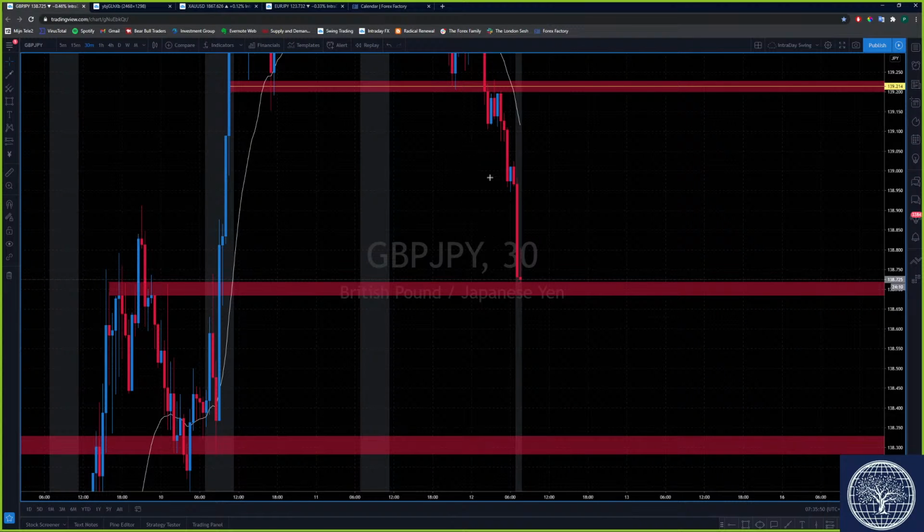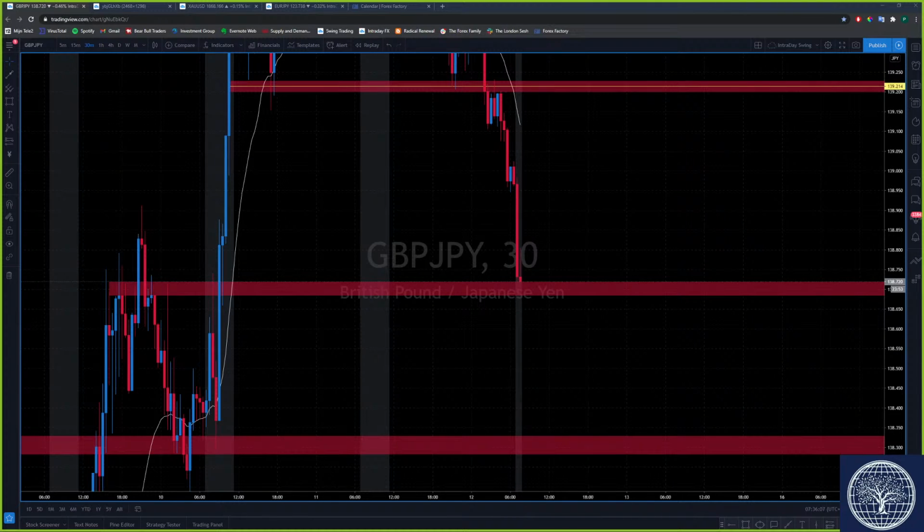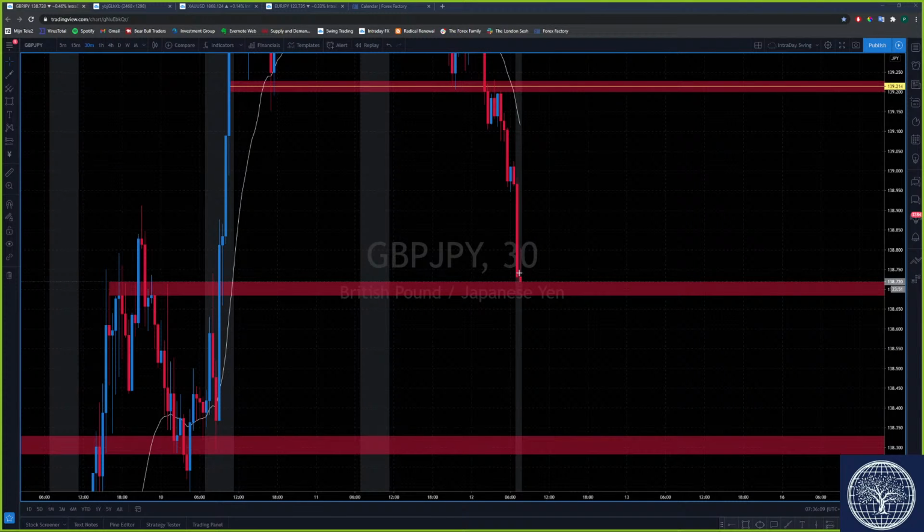So right now we can't really do anything because price is at support, so we can't take a sell because price is at support. We can't take a buy because candles are bearish, and we don't know if it's going to break support or if it's going to respect support. Another thing that I'm waiting for is if it comes and breaks support, then I'd want to see some kind of a retest. And then we have this clean traffic